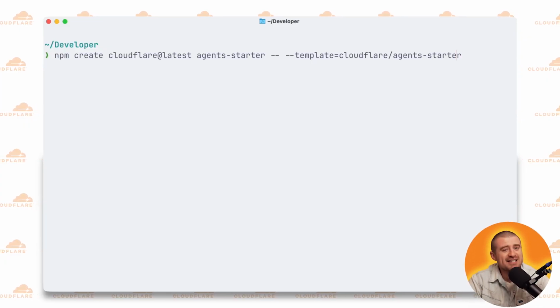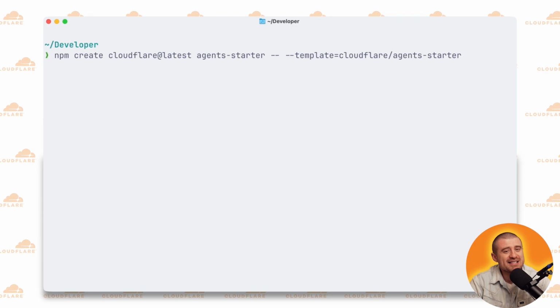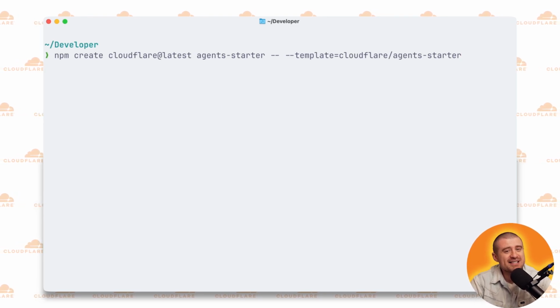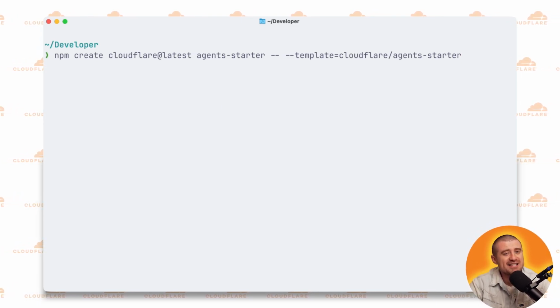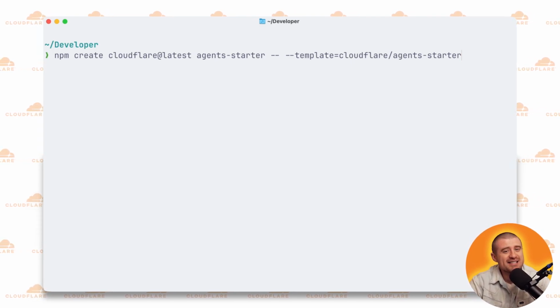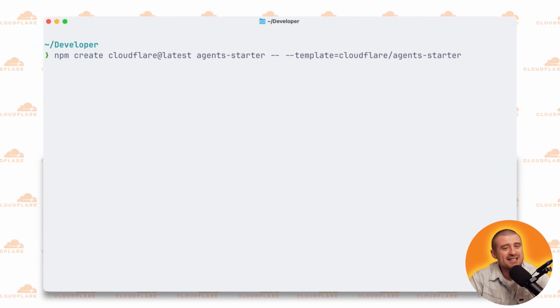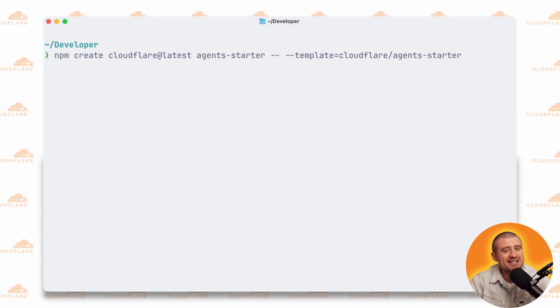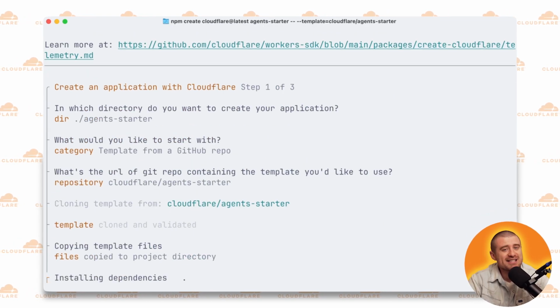I'm going to give this project a name of agents-starter, and then I'm going to pass in this flag here of template, which is cloudflare/agents-starter. This is a GitHub repository, github.com/cloudflare/agents-starter. So if you want to go and take a look at that, you certainly can. But for now, we're just going to run this and create our new